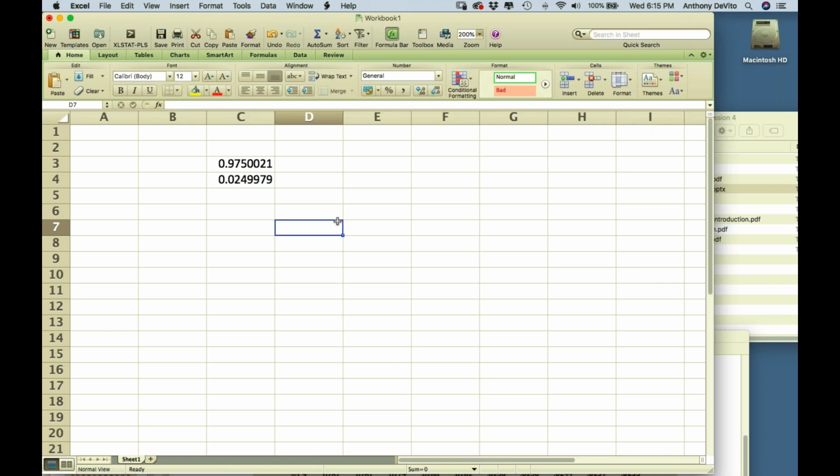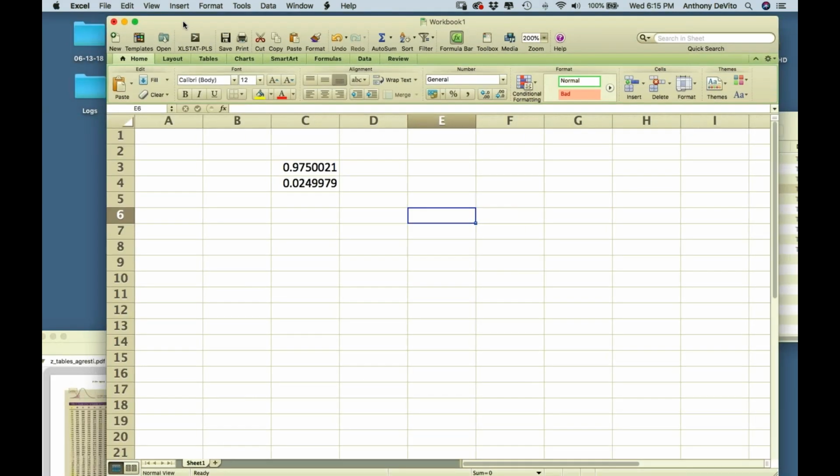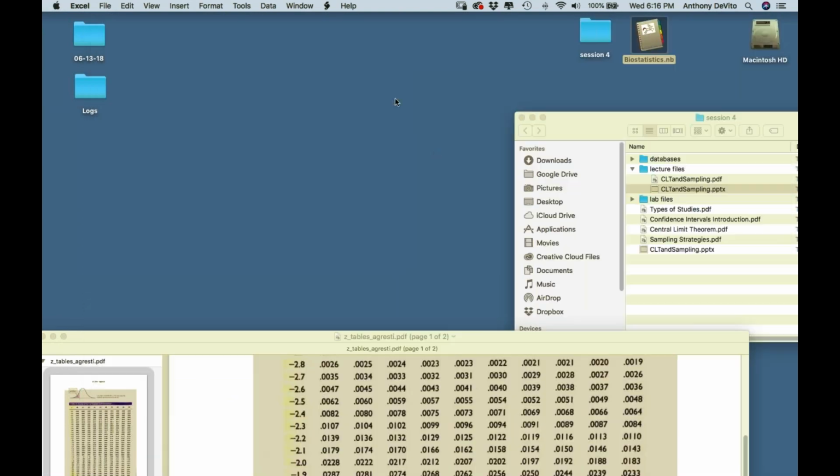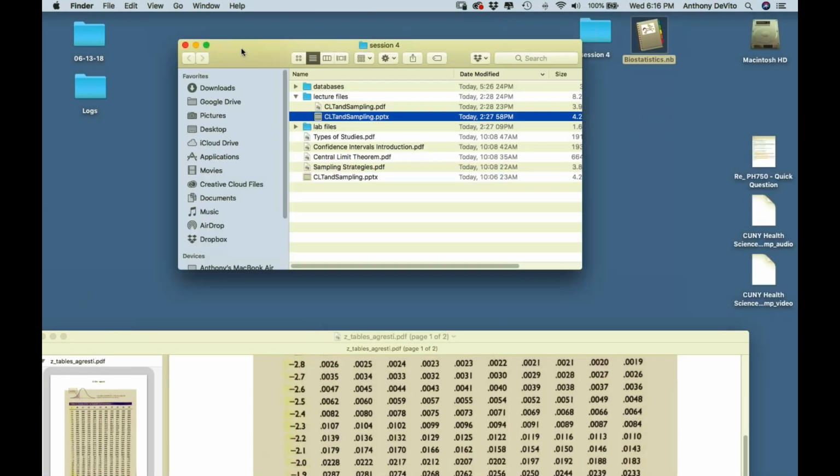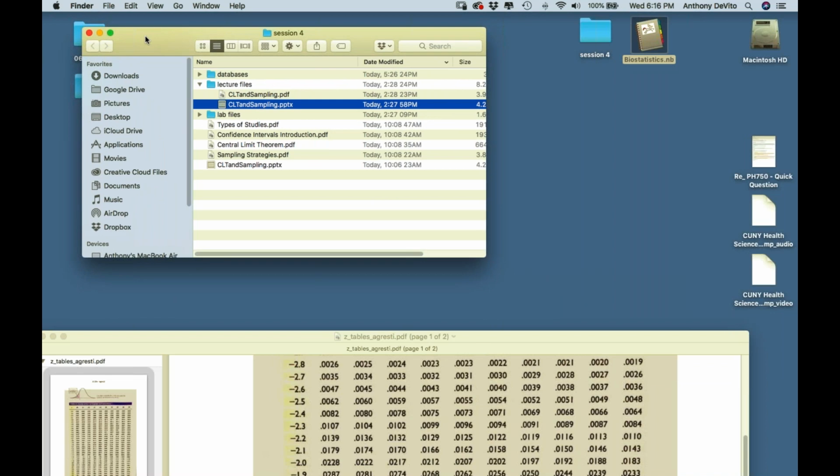In real life, when you do real data collection and real analysis, you probably will use something like SPSS or SAS or some other program that's specifically a statistical program. But for your calculations, and if you want to check your work, there's ways you can do this in Excel too. So I don't want to beat this to death right now. Let's just keep that in mind. Okay, so we got that out of the way. That's where we are now. We kind of brought ourselves back to the point where we left off on Monday.